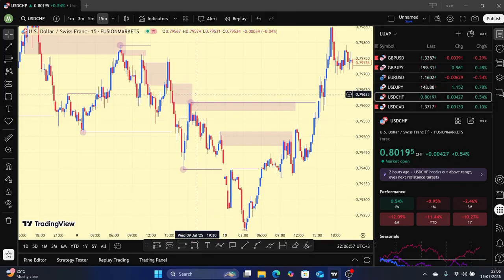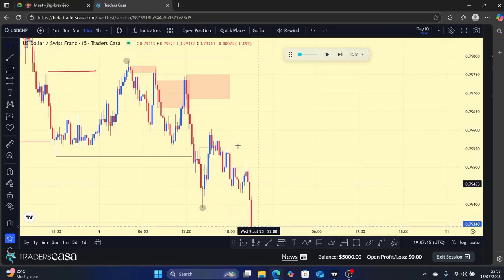And also in this case, this is the extreme order block, because I can see all the other order blocks here are all mitigated. So this is the extreme order block as well as the decisional, but in that case we'll just call it the extreme order block. Yeah, I picked this, but I can see Traders Casa gave me some